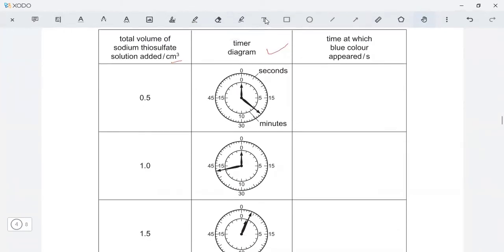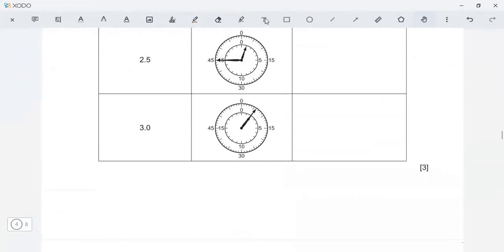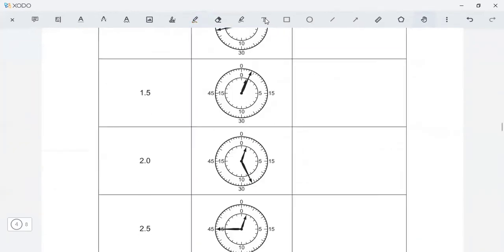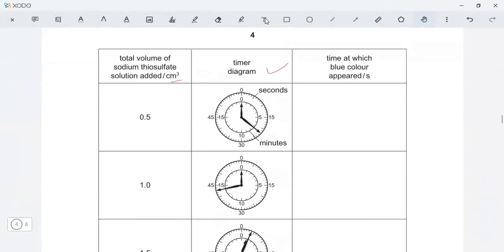So basically this type of question is easy, and look at it, how many marks is this? It's going to be a 3-mark question. So do it very carefully, and while counting the seconds, please do it consciously, because once the first one is wrong, if you make a mistake, then that's going to be a mistake for all of them, because based on this we have to plot the graph. Okay,